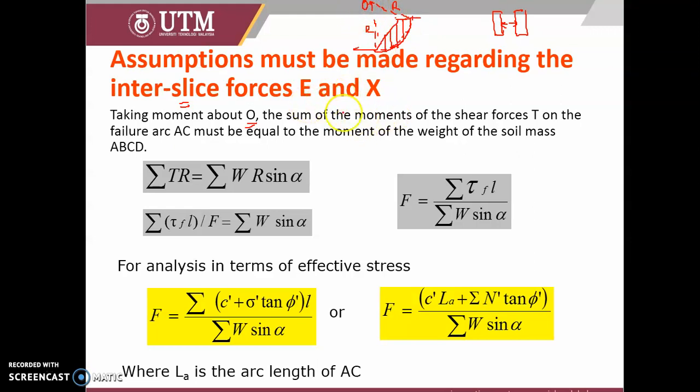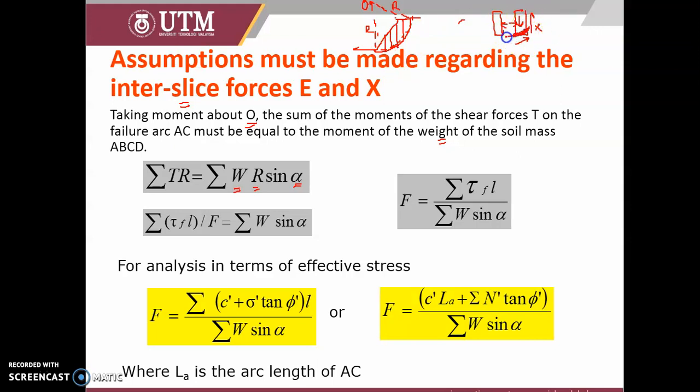Okay, so the sum of the moment of the shear force T at the failure arc AC must be equal to the moment of the weight of the soil mass. If we have T and weight, it should be in equilibrium. So T R equals weight times radius times sine alpha. So what is sine alpha? If we have slices with a circular slip,